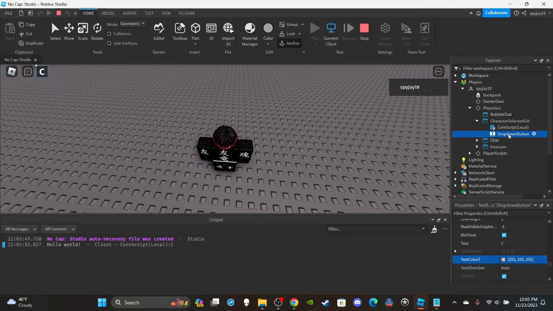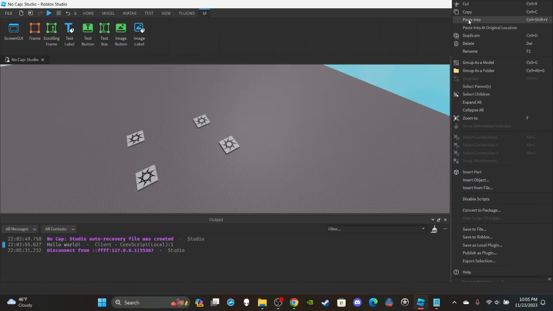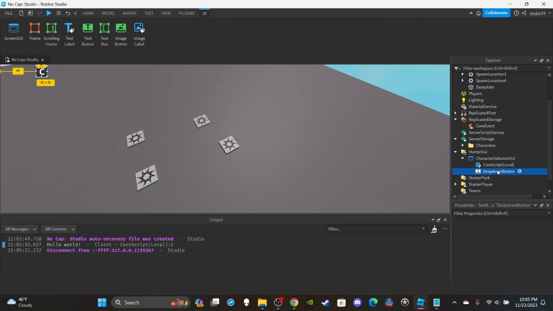Okay, so simply select the drop down button, click copy, right? Then stop the game. Obviously your changes didn't save, so delete the old button, then you can paste a new one. Boom, there we go, right? So once we have our new drop down button,